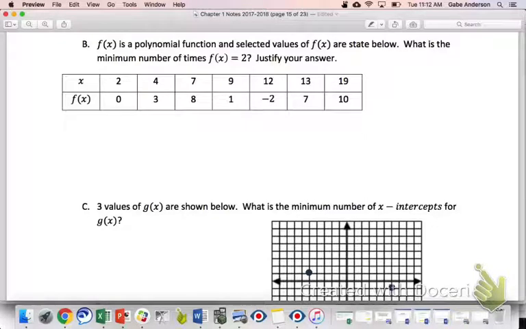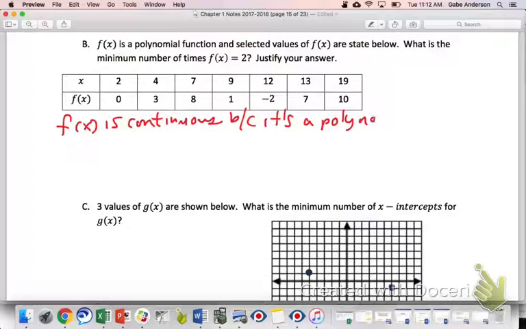So let's say that, right? So let's say this. F of x is continuous because it's a polynomial. It's a good place to start. And we know from our discussion yesterday that polynomials are always continuous, and so that's why that word was chosen. Okay, so f of x is continuous because it's polynomial. I'll use the little therefore thing and connect this with where Zach was going. Therefore, the IVT